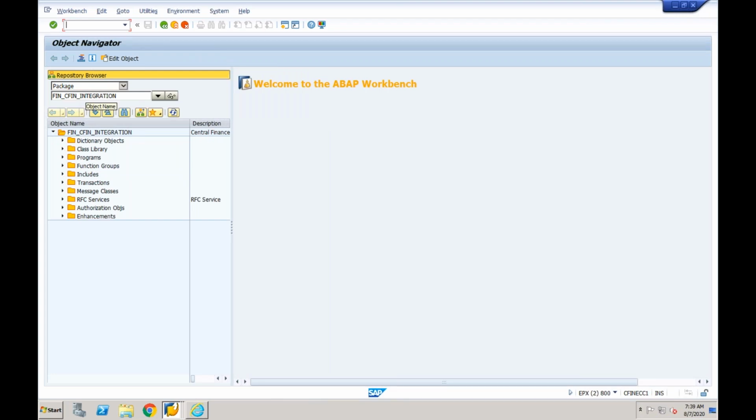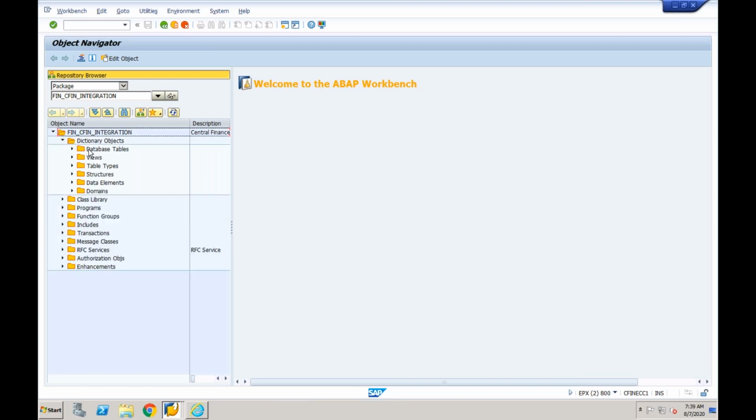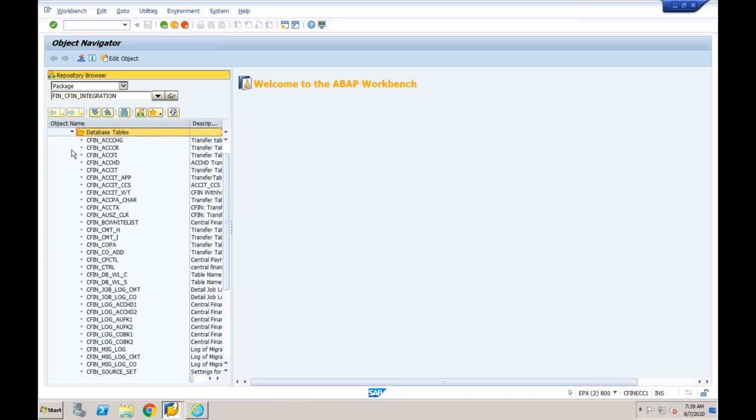Once you activate that business function, and when you activate the relevant SAP nodes, this package will be visible in your source system. Now, in this package, there are many different objects. Let's talk about the tables. There are tables which are called logging tables. You can see log of ACCHD1, log of ACCHD2. Similarly, for cost objects, there are two tables. For controlling documents, CO documents, also there are logging tables. So you can see two logging tables per